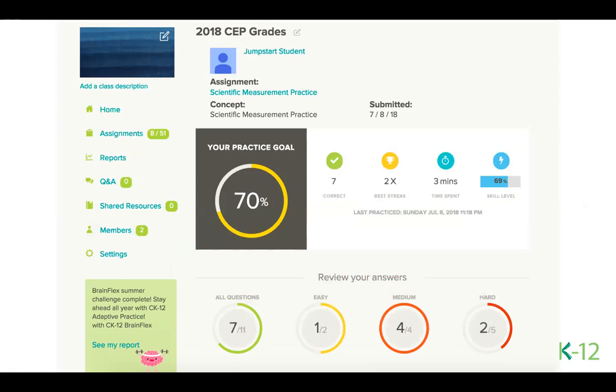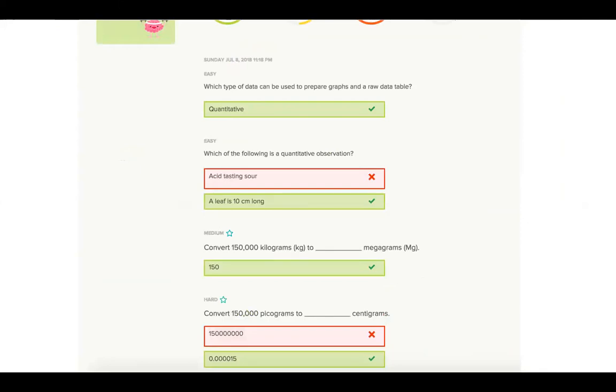So the skill level is a bit of an algorithm. It's saying, probably has some room to improve, hasn't quite nailed the skill yet with only getting 7 correct and spending that amount of time and having that streak. I can also see how many easy, medium, and hard questions were answered. So if you scroll down on this report, again, the student sees this after they've completed the practice, and the teacher has access to this report always if you've assigned it through the class here. I can see the questions are labeled easy, medium, hard. I can see the correct answer and what the student answered. I can see the time and the date that this report was submitted.